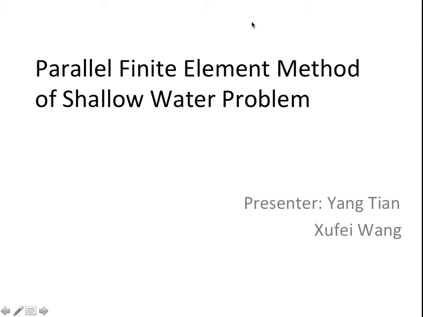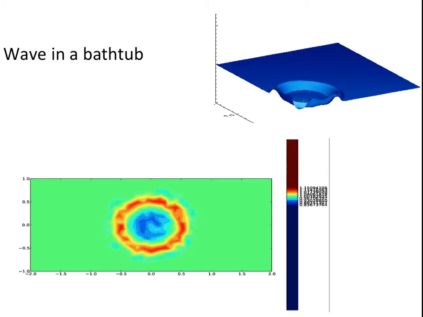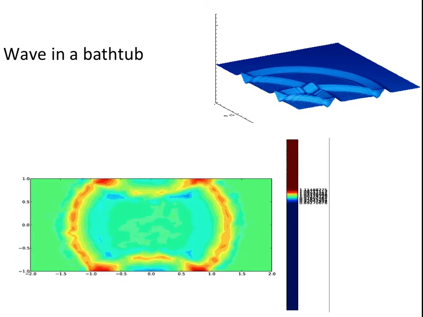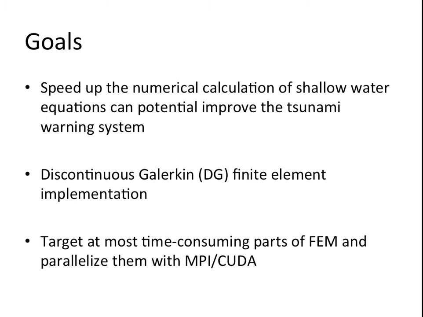Our project is to parallelize the finite element method for 2D shallow water equations. Shallow water equations are simplified Navier-Stokes equations, which are often used to model various kinds of waves in the ocean or atmosphere. It's also used to model tsunamis. The purpose of our project is to speed up the discontinuous Galerkin finite element method for shallow water equations in